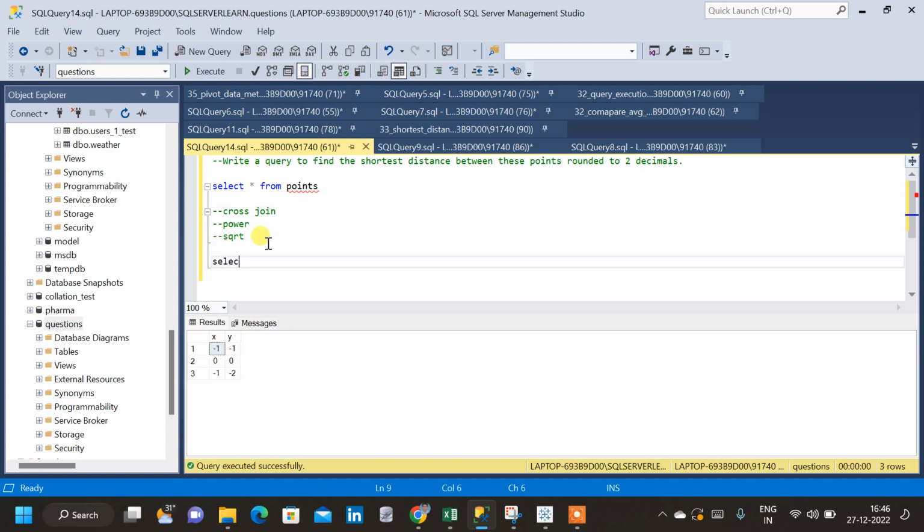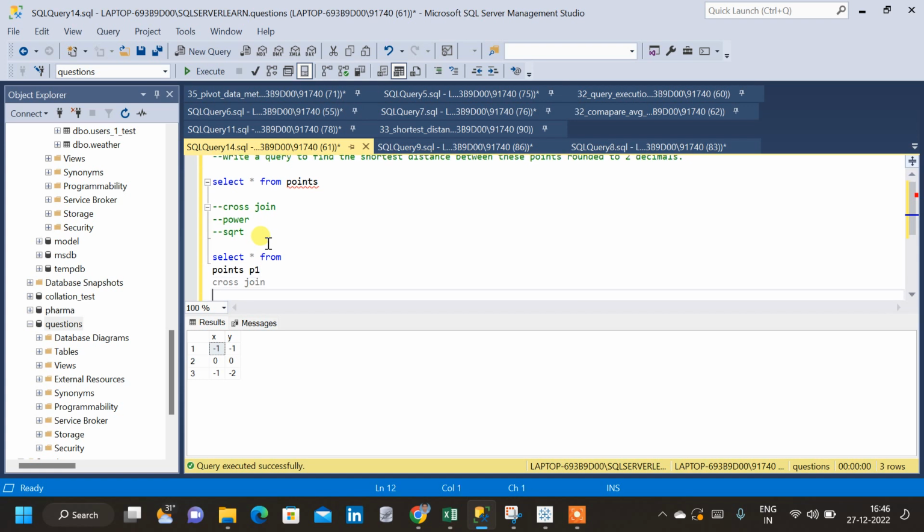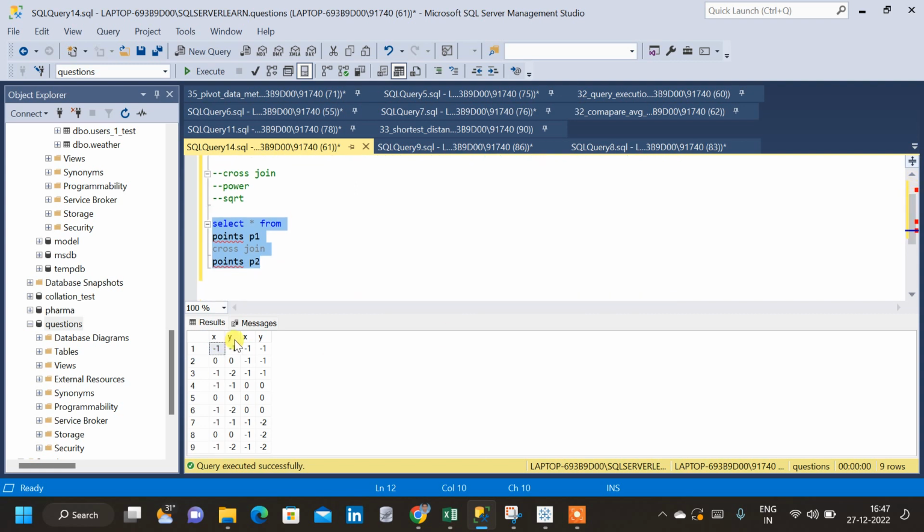First we will do the cross join. Select star from the table points. Let us give an alias name P1 and let us cross join the table with the same table, points, that is P2. Now let us run the query and see what result we are getting. Now we can see this is P1x and P1y, and the second one is P2x and P2y. Let us give those names here, because then it will be clear for us when we calculate. So instead of the star I will give